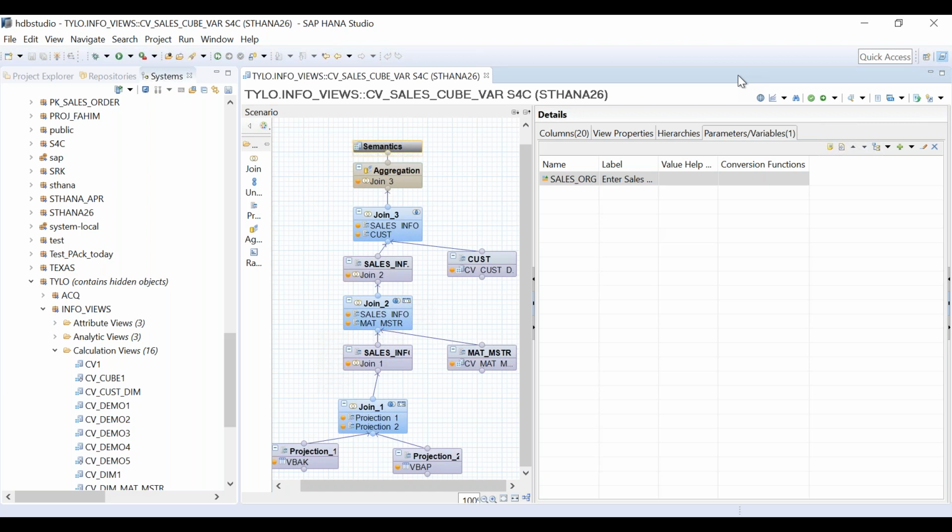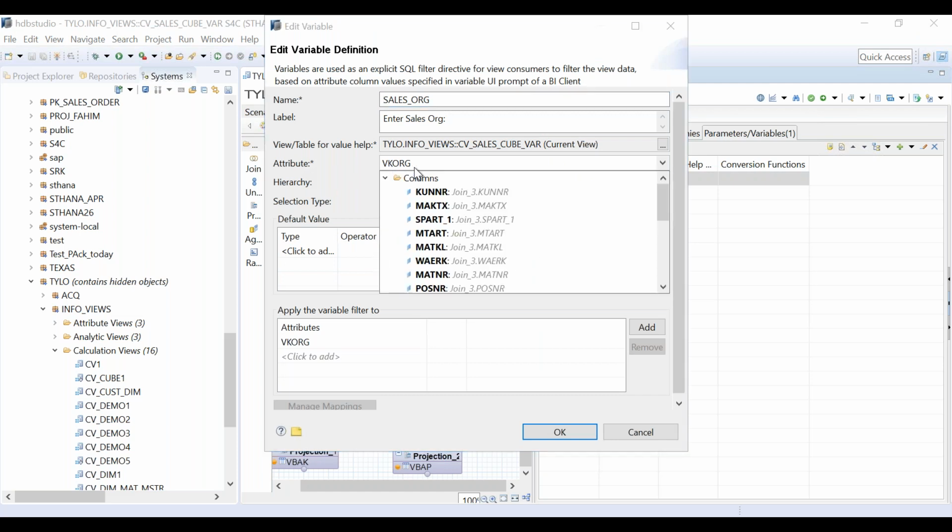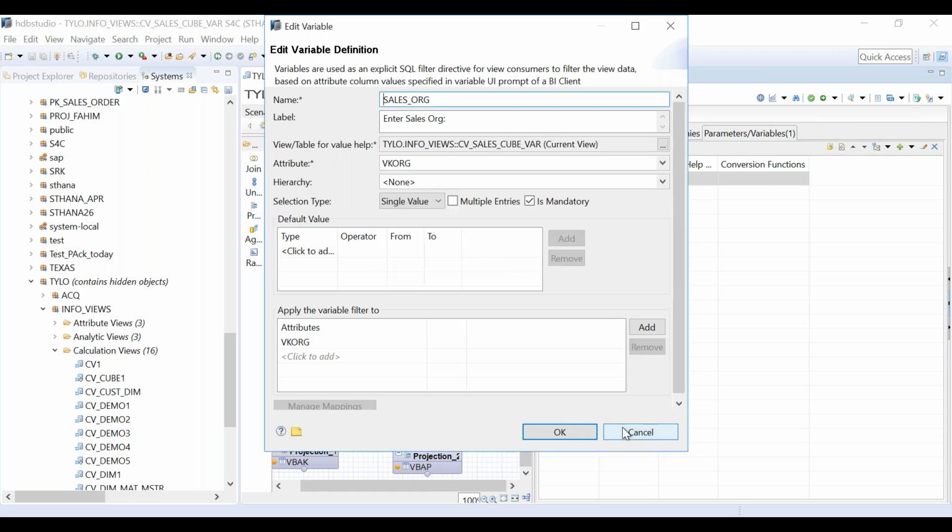I cannot simply ask any question from the user. And why is that so? Because a variable is always mapped to a column. You see here, when I open the variable, it always asks which attribute you want to map to. So this is my mapping column. That is why a variable is always used to filter the data, not as a placeholder. So that is the first difference.